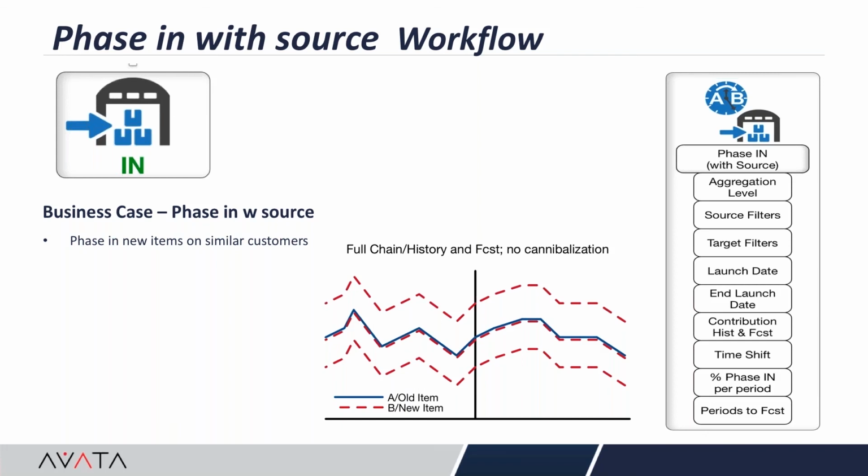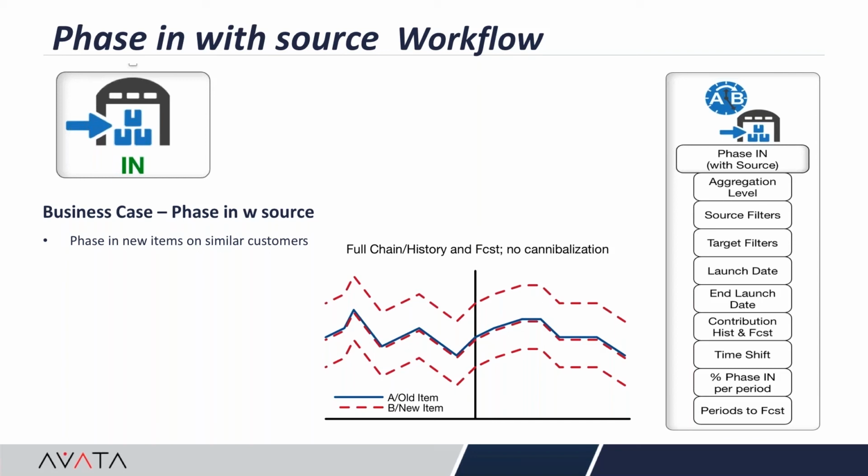So they can use the existing item functionality to choose all the items that are sold at that existing customer, along with its history and forecast. This would save a lot of time in the choice of either the group of customers to choose from or chain to, or the items to chain